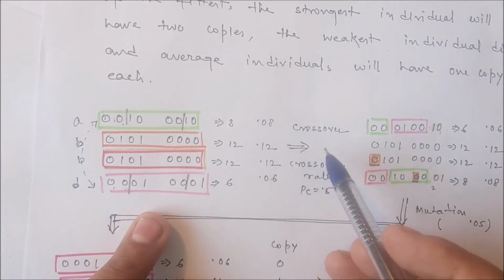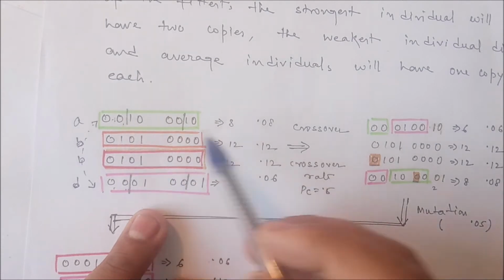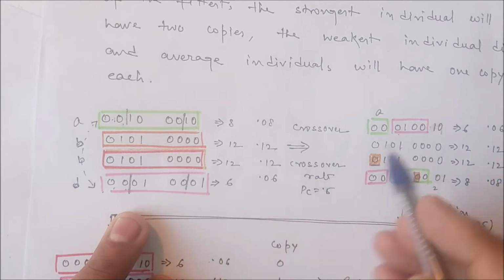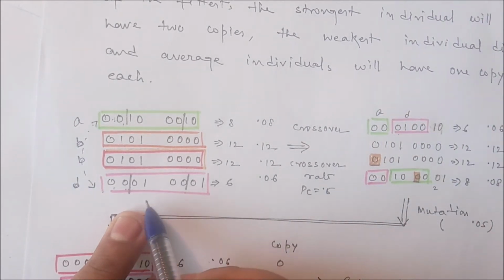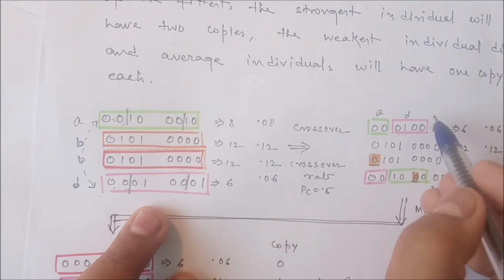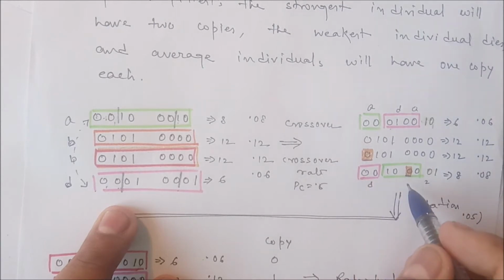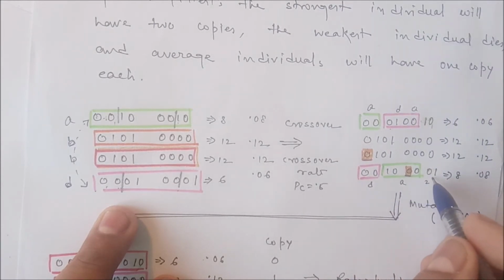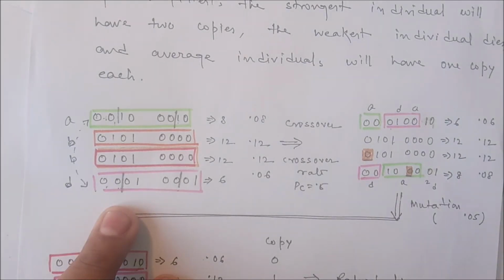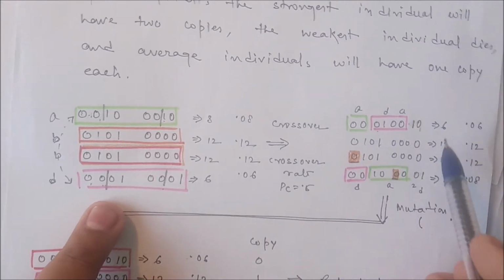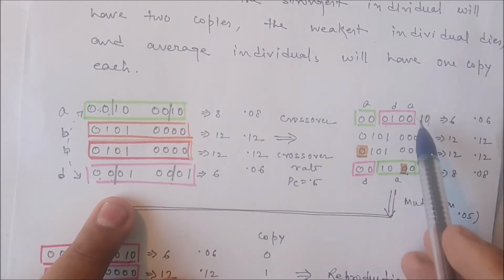Now if you can see here, keep 0 0 as it is. This is from A. Now this is 0 1 0 0 0 1 0, that is from D. So this particular part is from the D chromosome, and this 1 0 is from the chromosome A. In this case, this is the part from D chromosome, this is the part from A chromosome, this is the part from D chromosome. Are you getting this? So here we can see the chromosome. That means here we have applied the crossover.